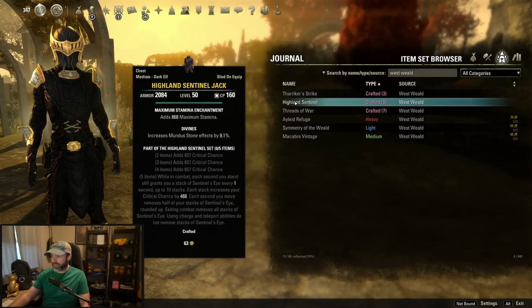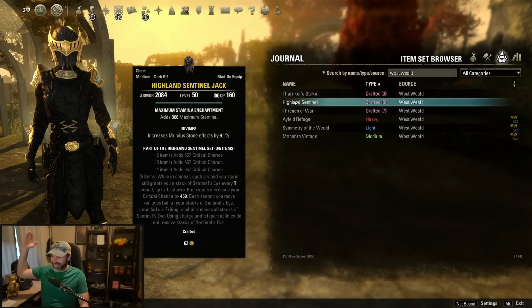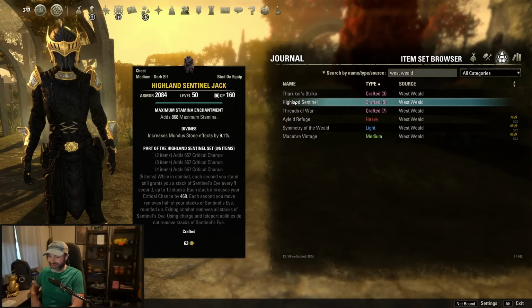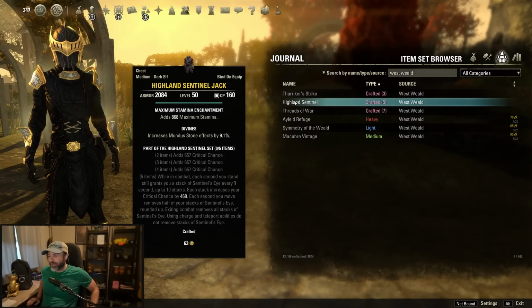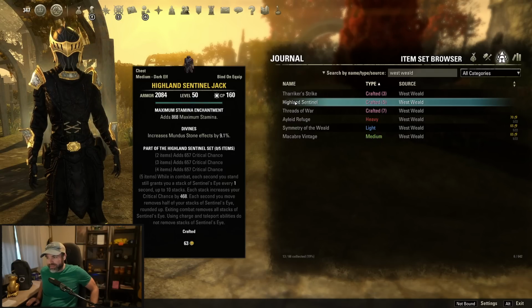Next, we have Highland Sentinel. This one gives crit chance across the board. Most of these sets, it's just like, all right, we're just going to go all in on whatever is on here, which is kind of cool. I don't mind that. But the 5-piece is, while in combat, each second you stand still grants you a stack